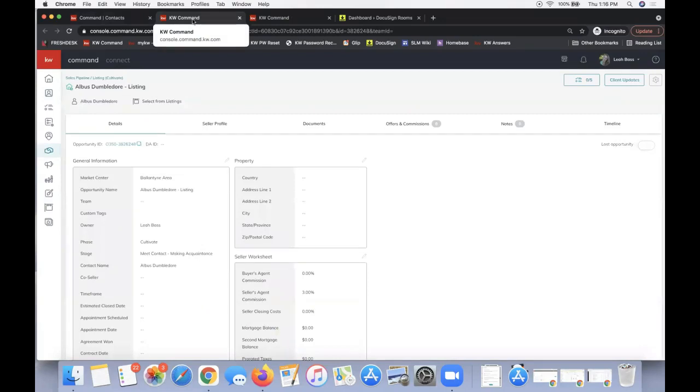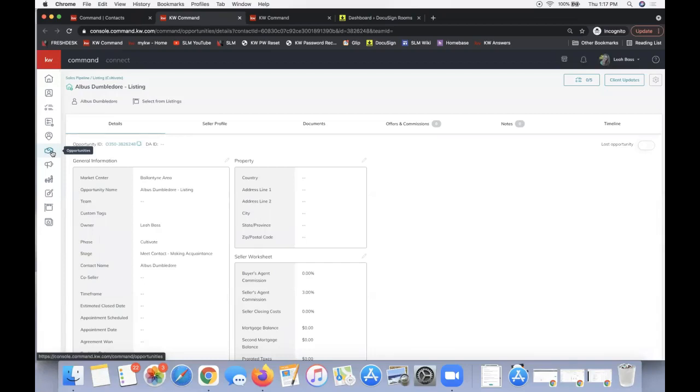All right, so I simply click on the opportunity name to open it. And as you guys probably know, there's a couple different ways to access your opportunities, right? The way I just showed you was from the contact record directly. You can access your opportunities, or you can click on the handshake icon on the left-hand side command menu to access all of your opportunities right away. So however you feel most comfortable accessing your opportunity, go ahead and do that and click on the opportunity name